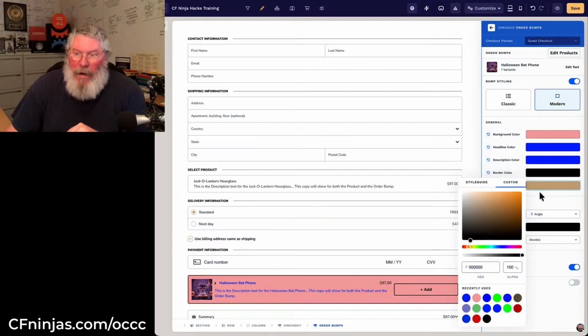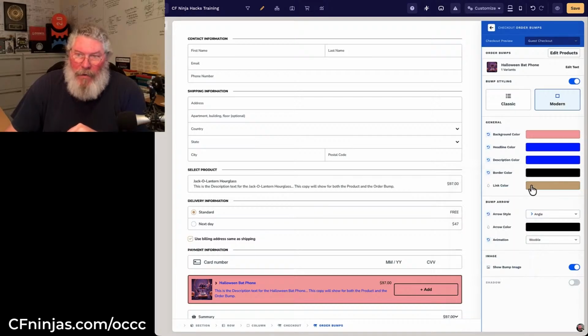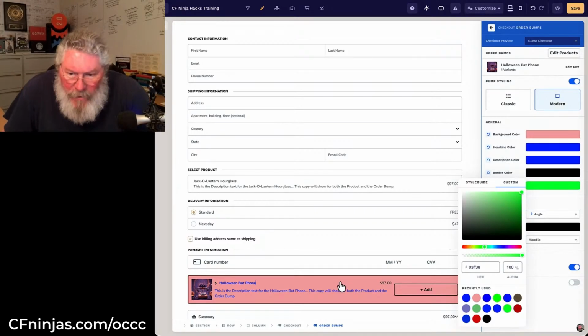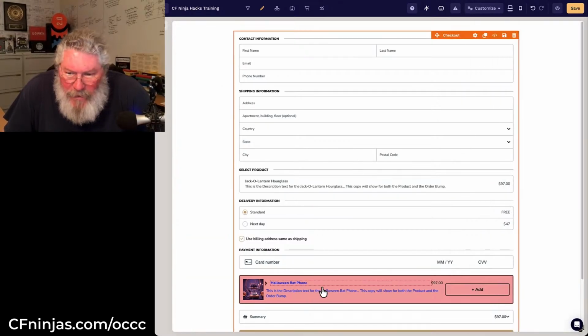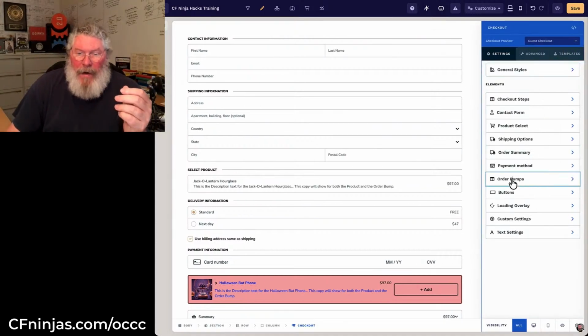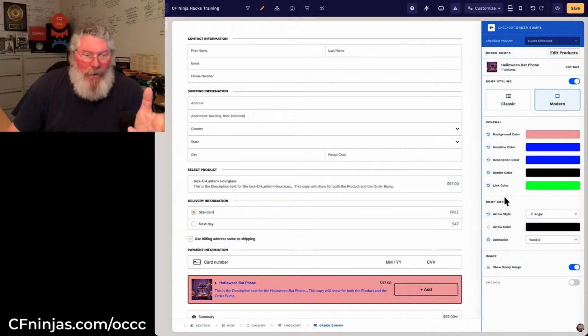And then this one right here, let's see what this one said. This is our link color. And so let's make our link color green and see where that link color shows up, and I don't really see that in here at all. I was wondering where that was going to be. So you can see right here we can make everything kind of crazy colors,